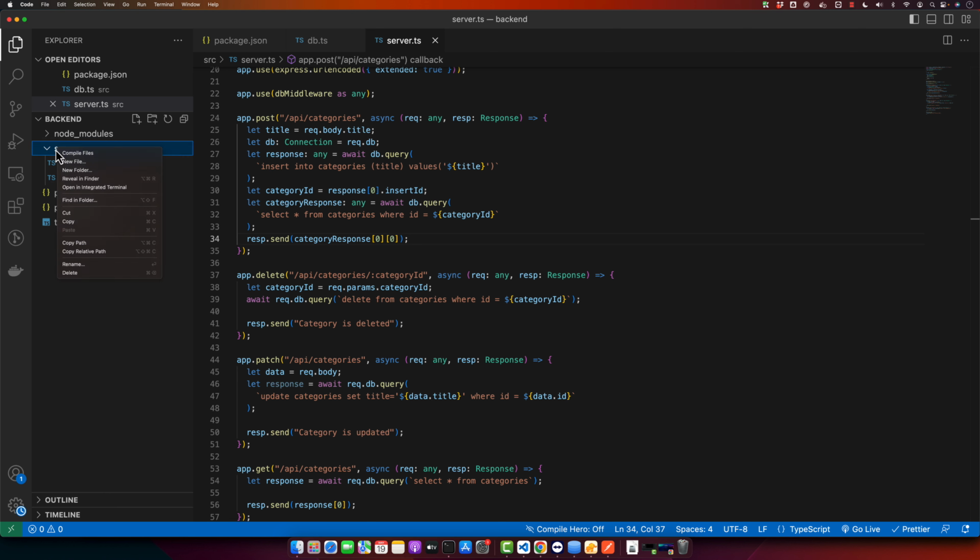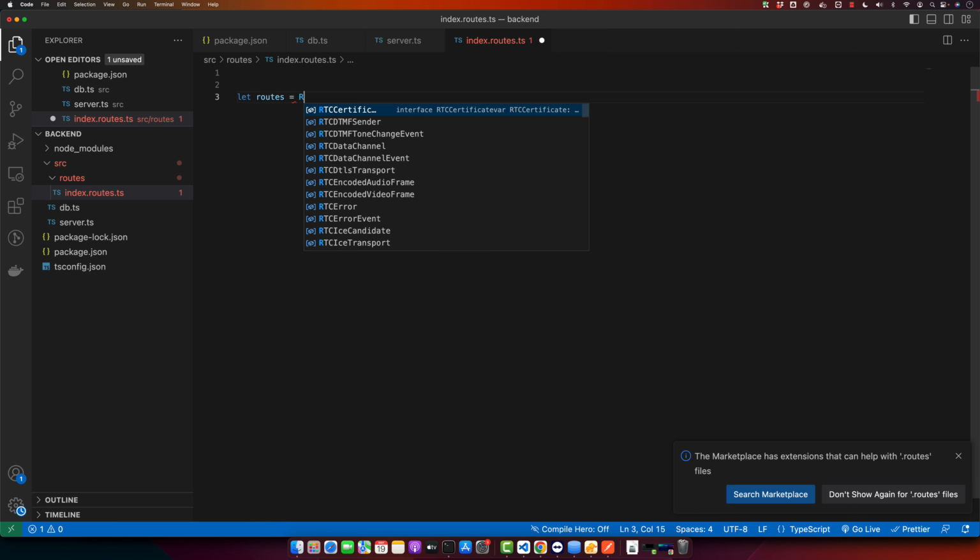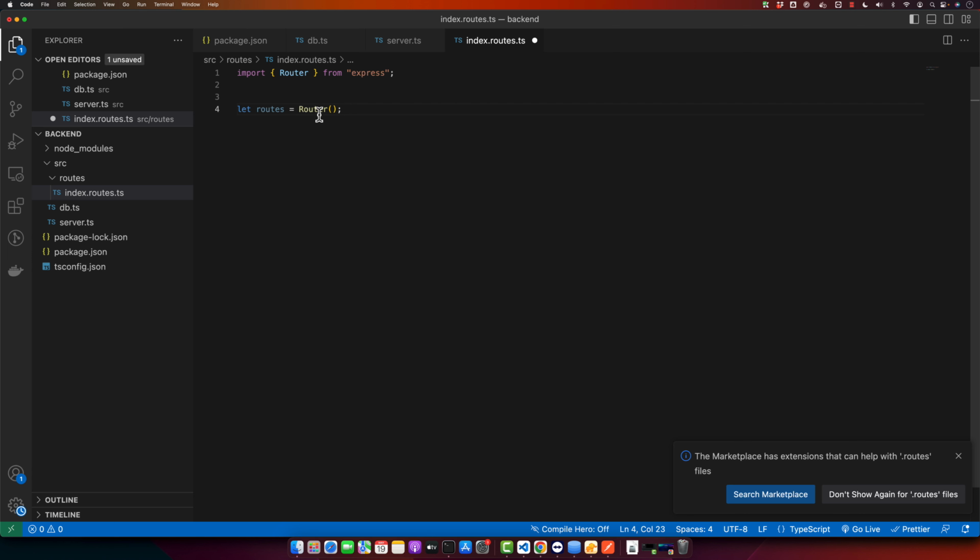files. So for that, I will create a new folder in the source directory that will be routes, and in the routes directory I will create a new file that will be index.routes.ts, and here I will create a router. Let routes is equal to router, and make sure to import the router from Express.js, and now export this variable,